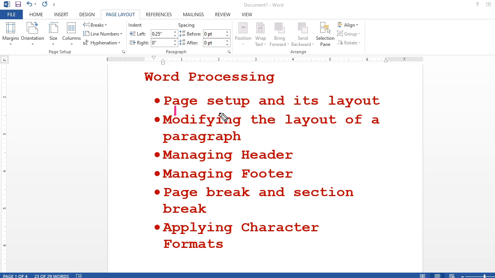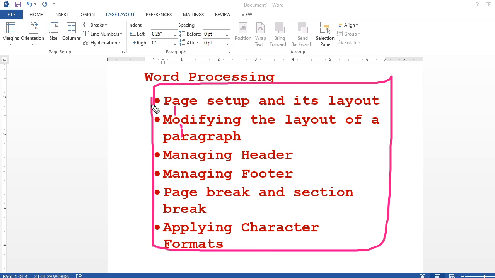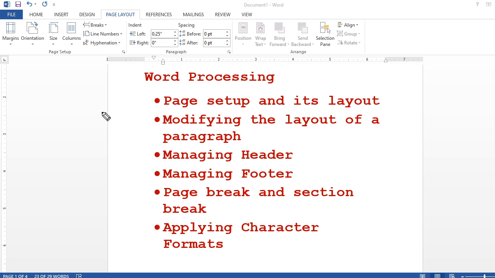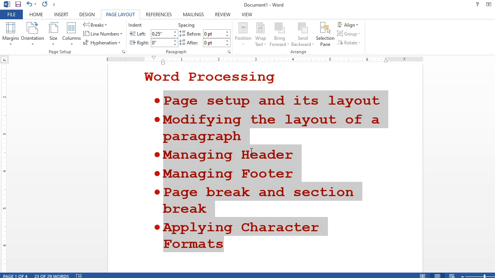So you can set your page accordingly, and everybody knows about the page, this paragraph is being printed here. Now this paragraph is at center or right or left aligned or center aligned. These all things you know, you can do it. Okay, I am going to show you this one.